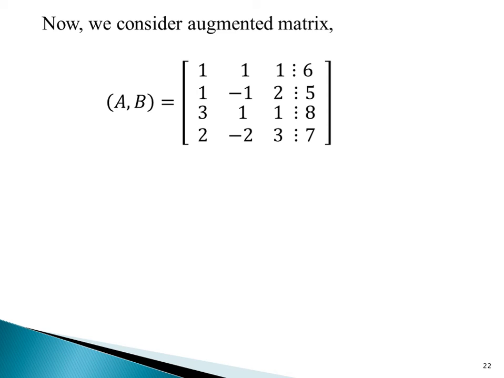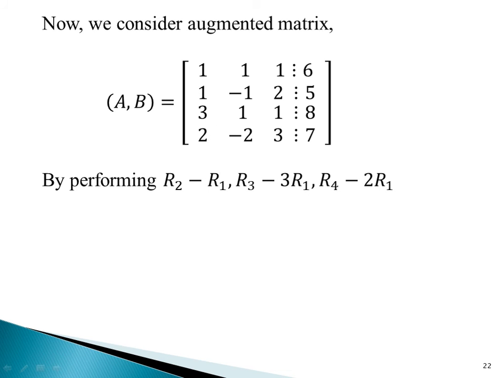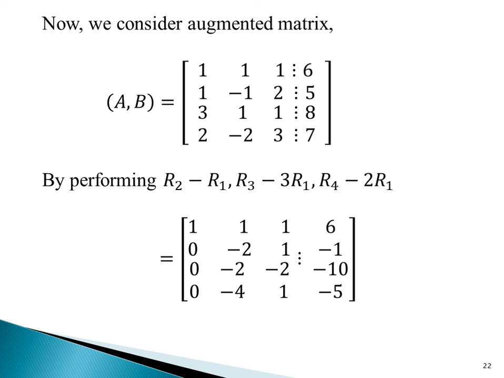Now we have to convert this matrix into row echelon form. So we have to make these three entries, 1, 3, 2, as 0, right? So by performing the operations R2 minus R1, R3 minus 3R1, and R4 minus 2R1. Remember the important thing: to make these three entries 0, we have to use R1 only. Okay, we have to use R1 only. Clear? So by performing these operations, we get the matrix AB as